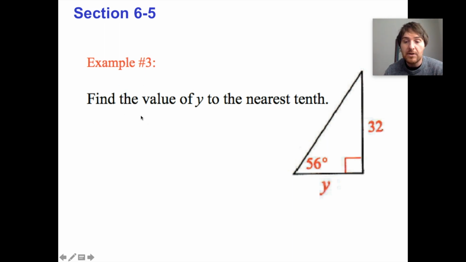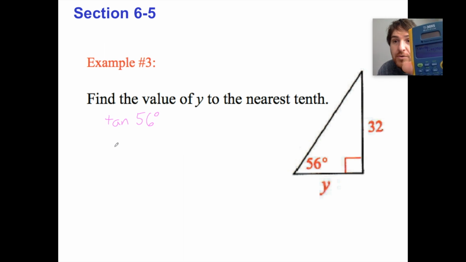Find the value of y to the nearest tenth. Let's do this, okay? Well, we get the 56-degree angle again. That's very nice here. And we know that the 56-degree angle has a unique opposite over adjacent ratio, and that's what tangent of 56 represents here, right? This is the opposite over adjacent ratio of a 56-degree angle, and a calculator knows what that is. I just did it on this calculator, so I might start writing my equation down differently. I'm going to replace this with 1.48256, because tangent of 56 degrees, this ratio here,